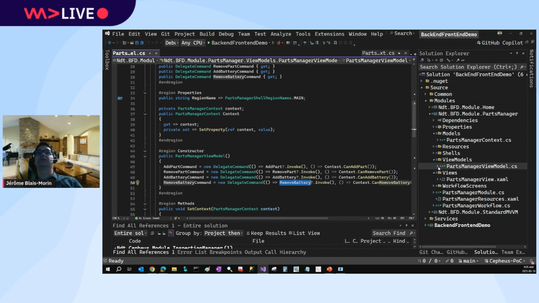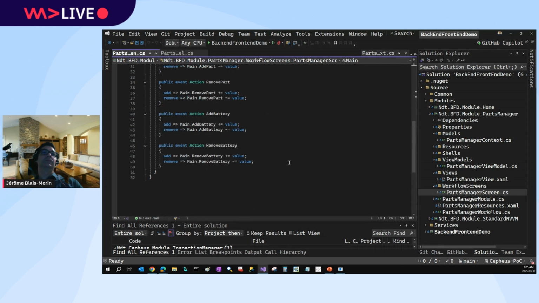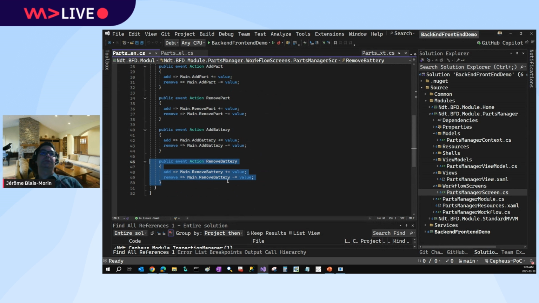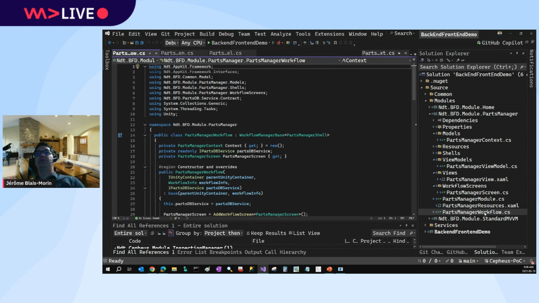I'll show you that. It's a bit of plumbing code, but where's my screens? Screens. So here, a bit cryptic, but the remove battery of the view model is listened to by the screen, and the screen also has an event that is also called remove battery. And who listened to this one? It's the workflow. So from the view model with this event, we go to the screen and to the workflow,